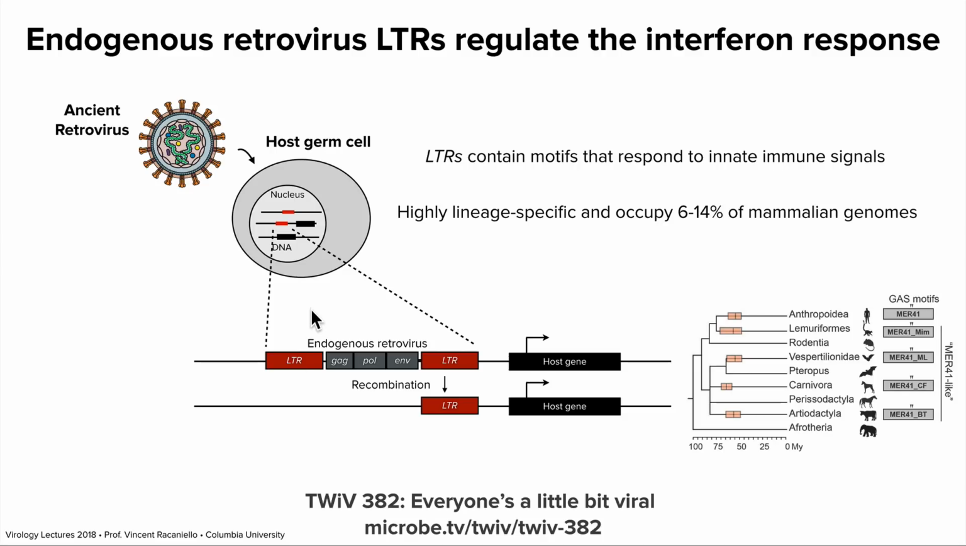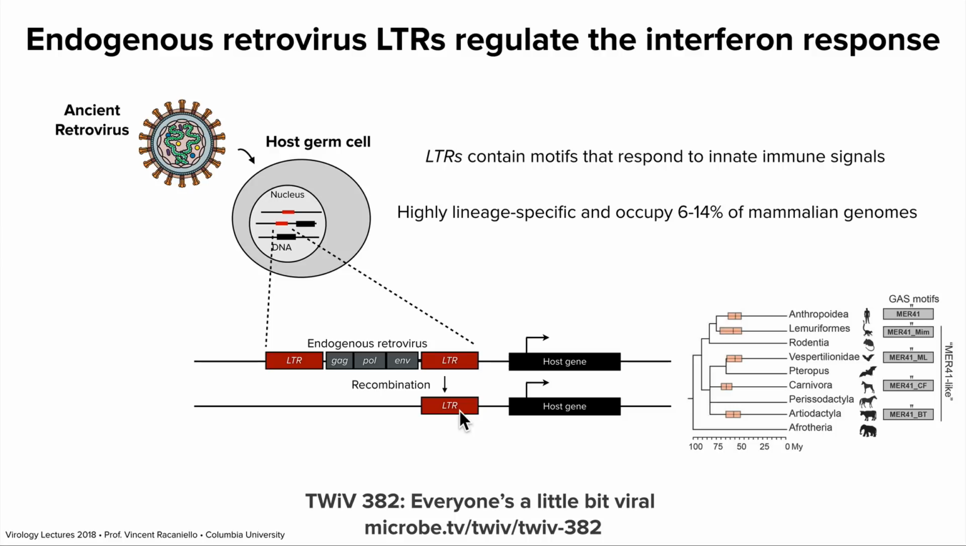And to refresh your memory, we have an ancient retrovirus that infected human ancestors many years ago. A germ cell established a provirus, LTRs with the viral genes in between. And over the years, these endogenous elements can jump around. And what has happened is that the LTRs have been repurposed to serve as promoters of innate immune genes, in